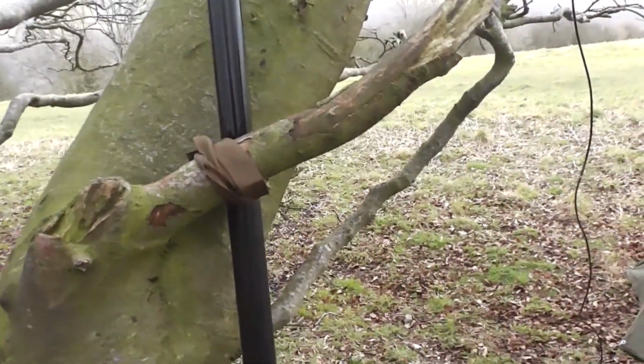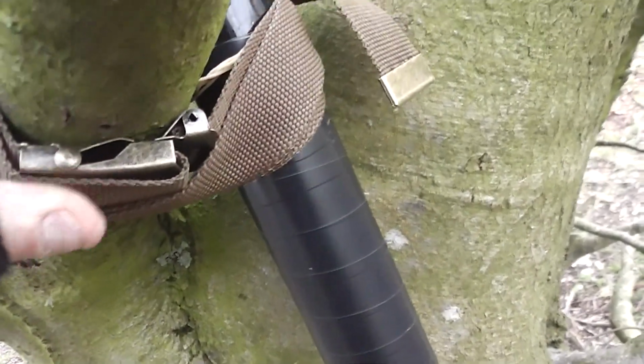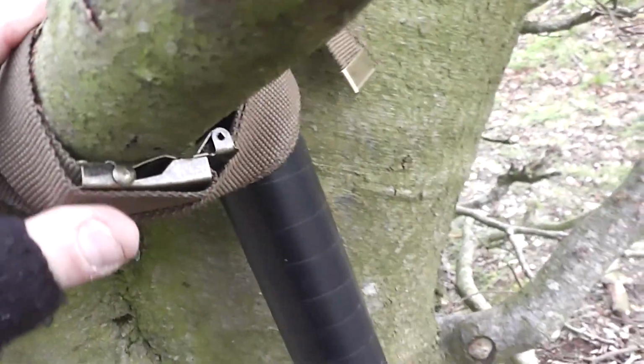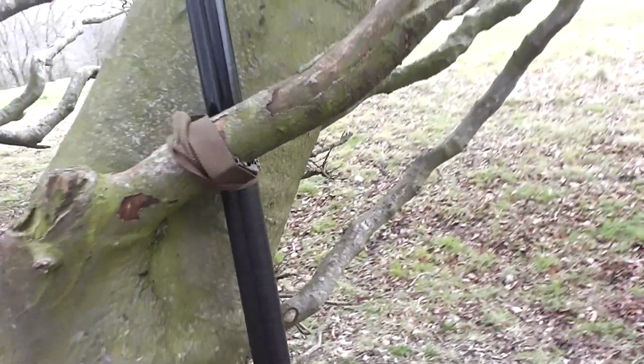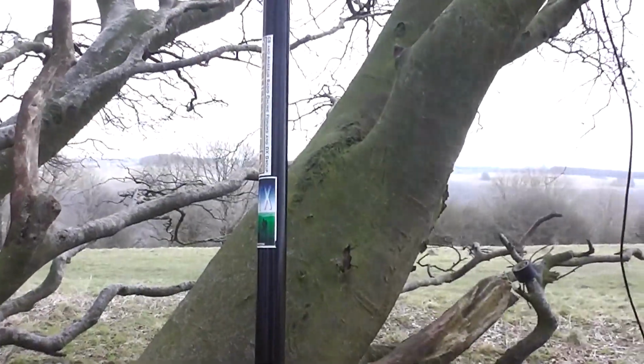It's belted up to the tree. I use these a lot now. These are just little quick release webbing belts. Not for fashion, but for practicality. Quick release, very strong. I got five of them off eBay. I think they were 60p each, so that was a bargain. But there we go,